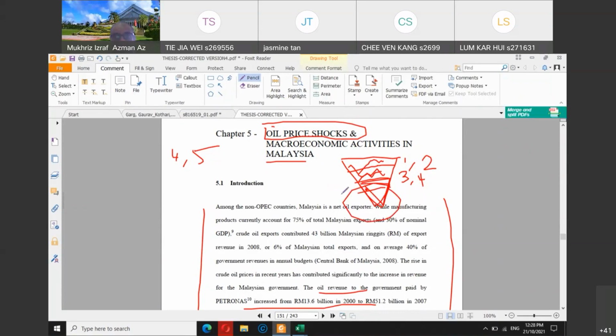Who are the main users? For example, youngsters, people in their mid-20s, or even below 40 years old. These are the things you may want to highlight on the scope of online purchase in Malaysia. Who are the users? What are the goods that they normally buy? Is it groceries, or is it mainly